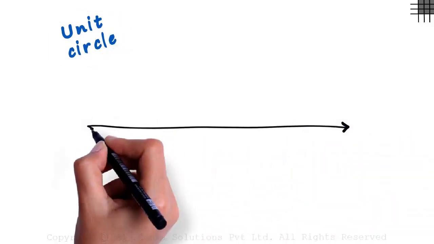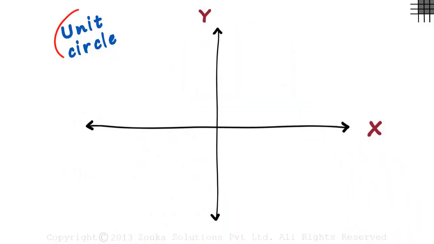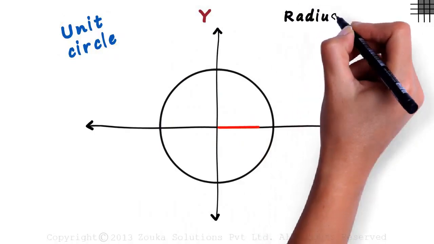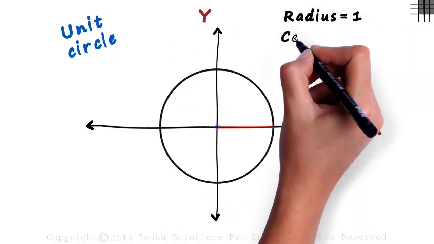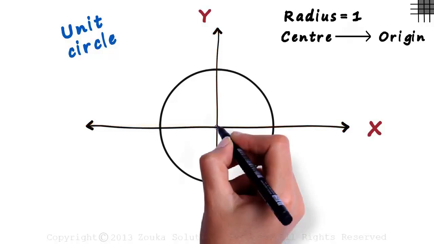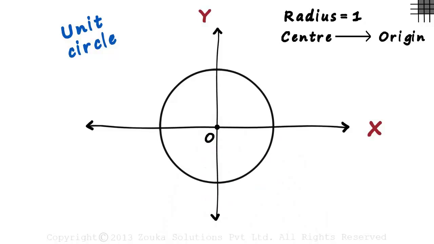To represent the Cartesian plane, let's draw the x and the y axis. The unit circle would look like this. It is a circle with radius equal to 1 unit, and it has its center at the origin, which is the point at which the x and y axis meet. Let this point O be the origin. And remember, this is also the center of the circle. Notice that the circle meets the x-axis at 2 points and the y-axis also at 2 points.